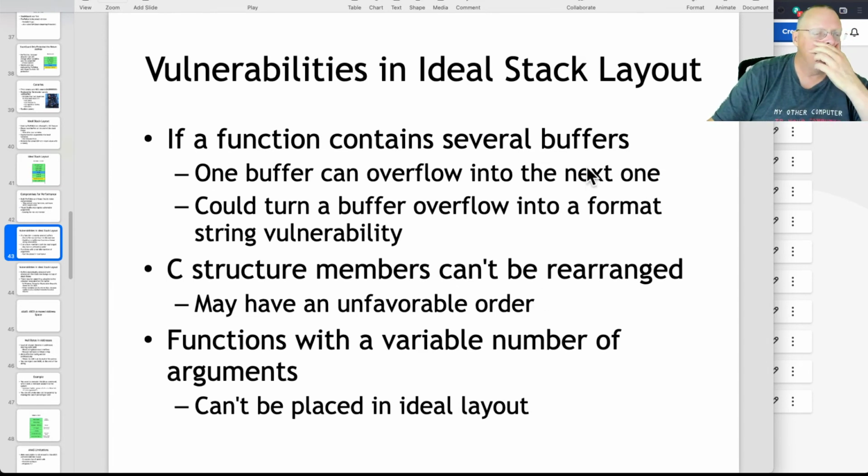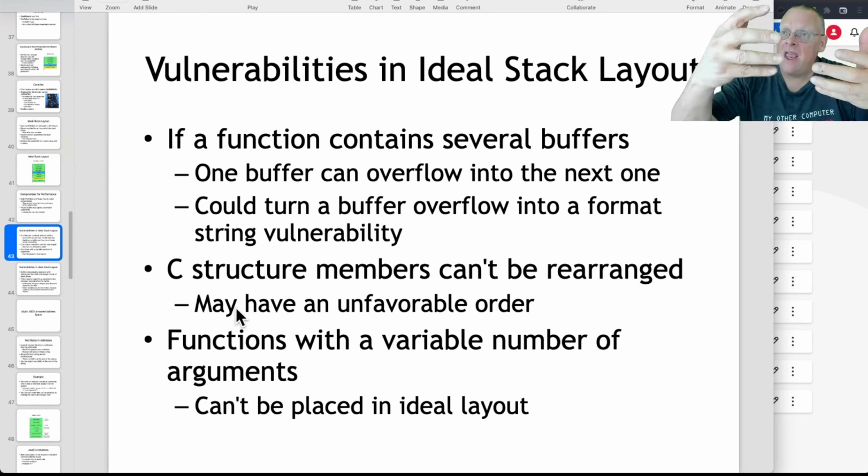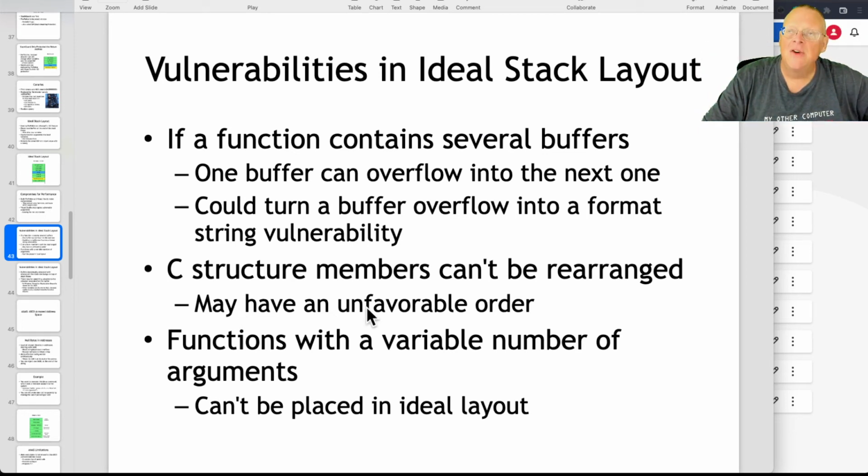So here's some vulnerabilities. Even if you have a canary, you can still overflow from one string buffer into another string buffer, and that might give you some ability to exploit the program. You can't rearrange structure members. If you define C structures, they cannot rearrange them. They have to have exactly the order of the layout, so it cannot change that to the ideal layout. And if you have a variable number of arguments, then again you can't put that in an ideal layout. So the defense is not always